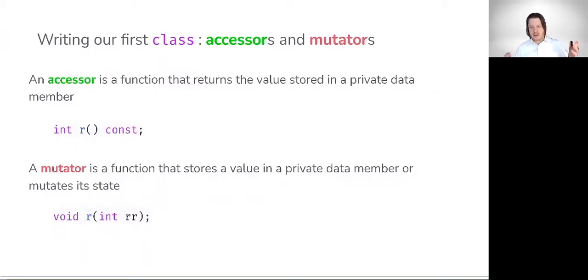So we saw a couple of declarations for member functions that will comprise the interface. We've introduced two different types of functions here, known as accessors and mutators. An accessor is simply a function that returns the value stored within a private data member. In this case, r is going to return the value stored within the r data member. A mutator, on the other hand, is a function that stores a value in a private data member, or mutates state. In this case, we'd be passing rr and attempting to assign it to